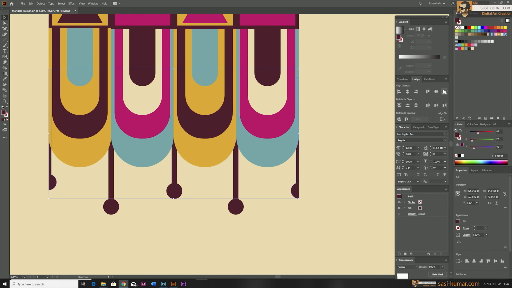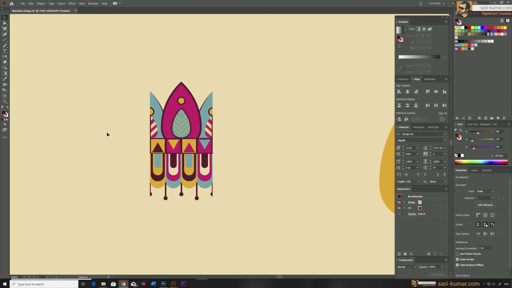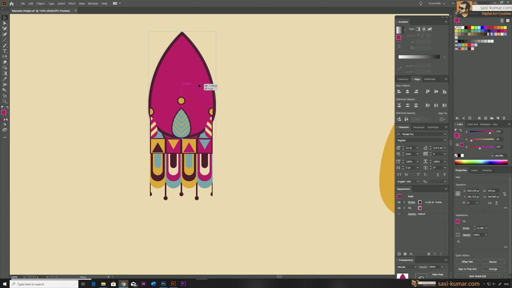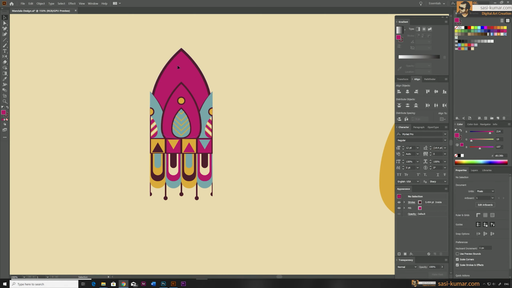Alright, so now I'm going to draw the final shape for this artwork. For this, select the center shape in here and make a copy. Make it bigger and place it in here. Make sure to adjust the size exactly the same width as the other shapes below, and center it and place it in here. Adjust the size until you are satisfied with your design,